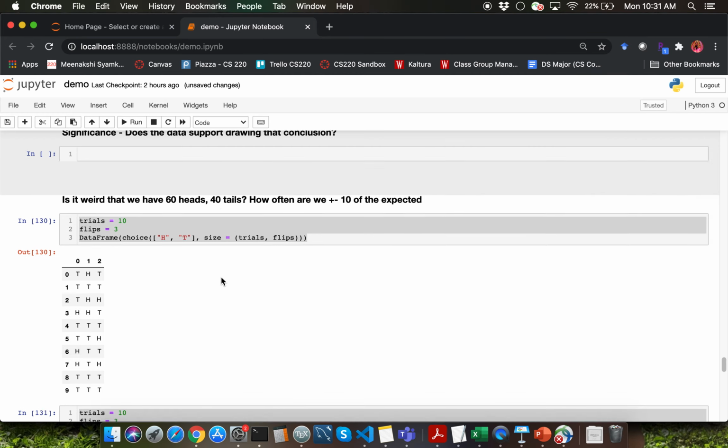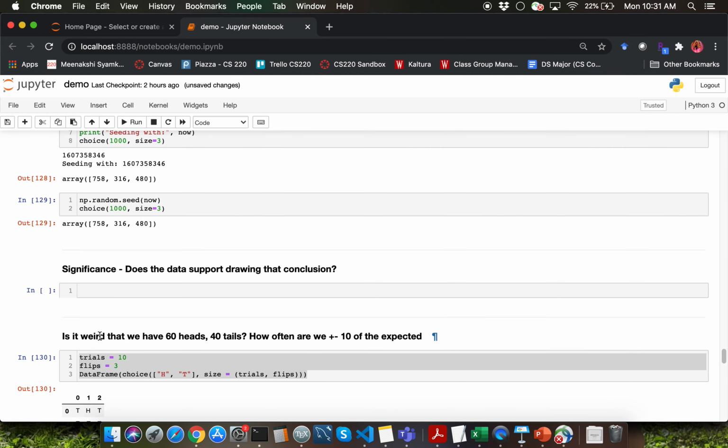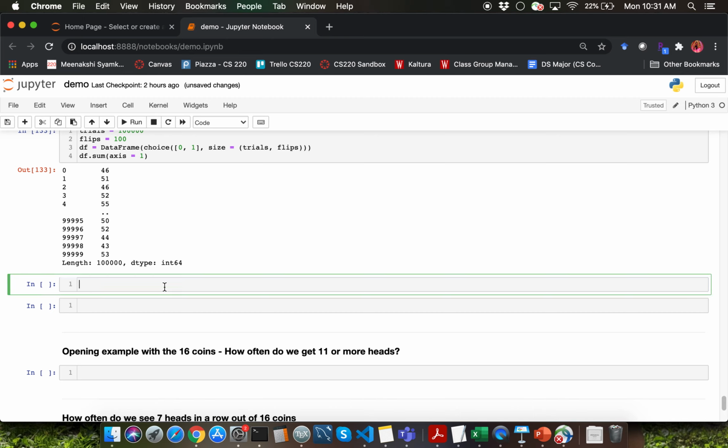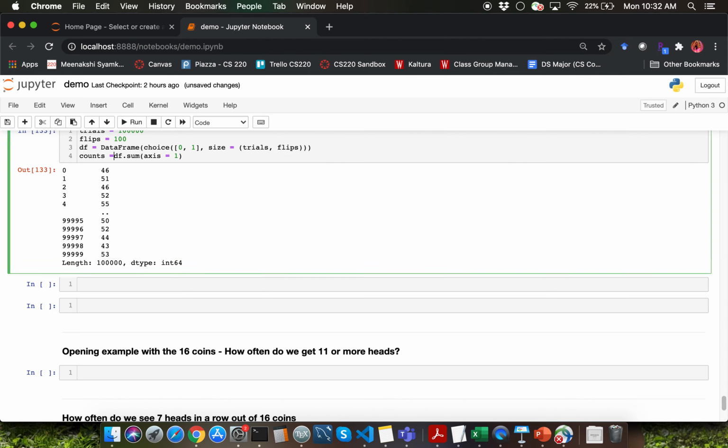Going back to our original question, we want to determine how many times we are getting a 60-40 split. So it's very easy for you to apply a Boolean condition to your series. I'm simply going to first of all capture the return value of the count computation into a variable called counts here, and let me display counts.